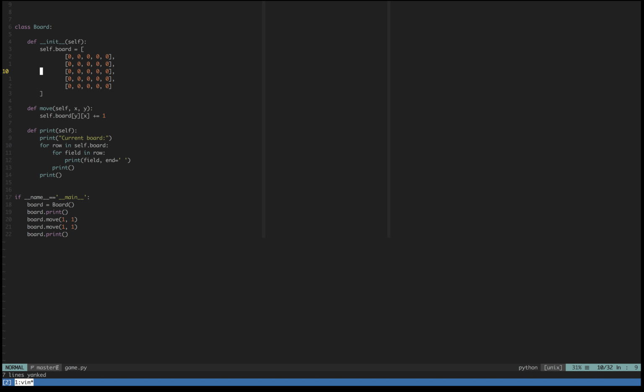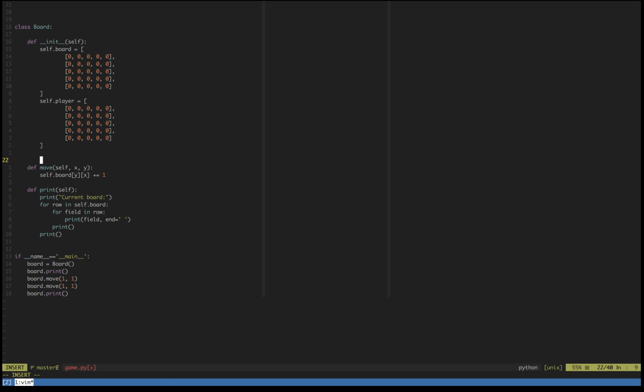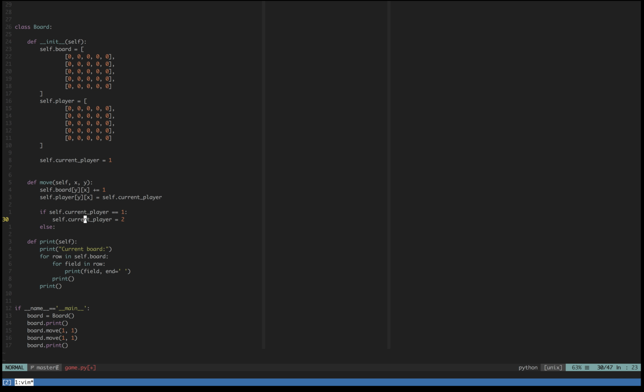So one thing I'm gonna do is, player maybe is better. So I'm gonna store the current possession of a field in a separate array. And for now we're gonna hardcode that we only have 2 players in the game. So as soon as we increment this, we also need to set this to current player. And then we want to switch the current player. So this would now switch the player,